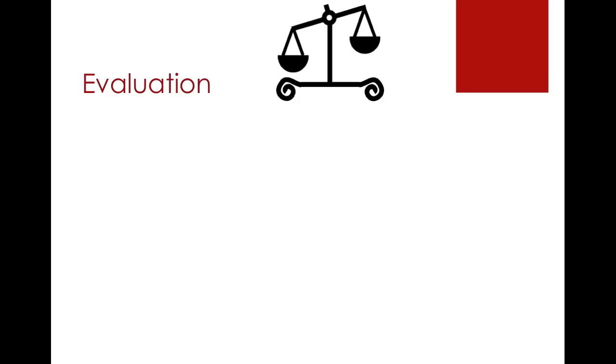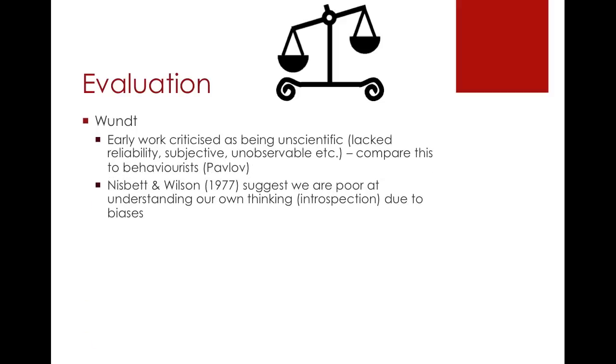To give you a little bit of evaluation then, AO2 or AO3 points, we'll look at the two different things that we've looked at in more detail in this video, and that's Wundt and the scientific method. So a couple of evaluative points then. Hopefully you've got a bit of an understanding now of who Wundt was, what he did. So to evaluate what he did, and I've already said the majority of this, but to get it down in specific points,